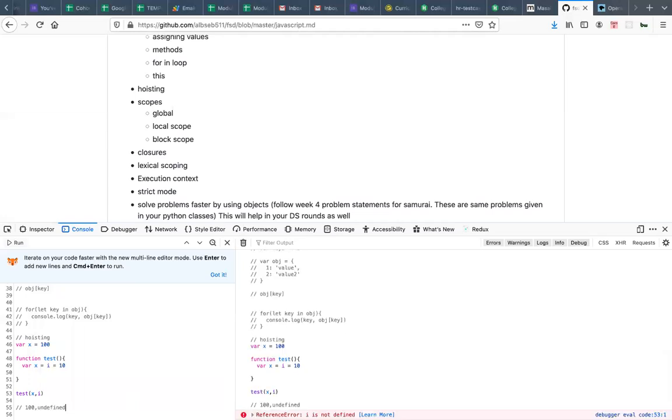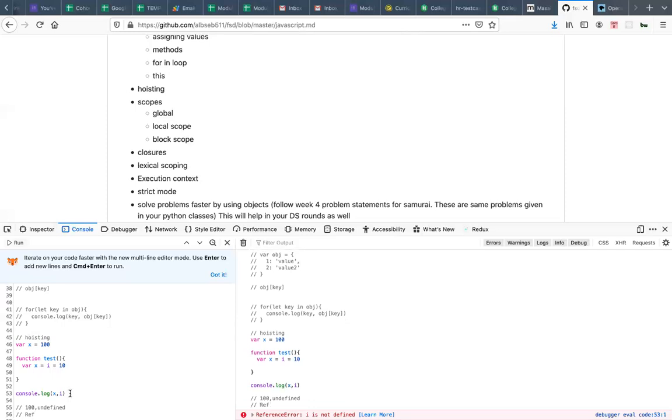Sorry, not this, console.log of x comma i. Some people say it is 100. It's a reference error, all that stuff. So these are all valid options, I would say, but those are all wrong answers, because you would get the output as